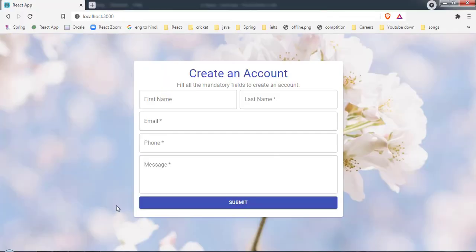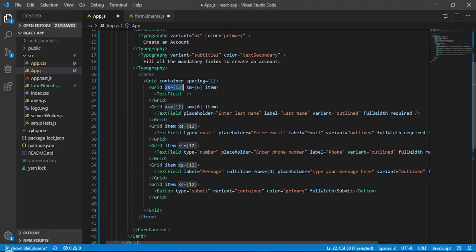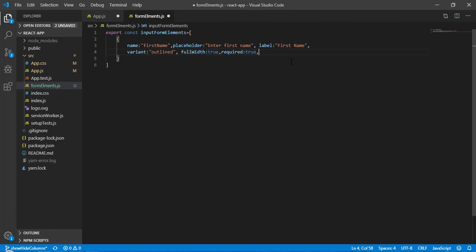We manage this by writing extra small 12 and small equal to 6. So for this as well we will define xs: 12 and sm: 6. Now save it.